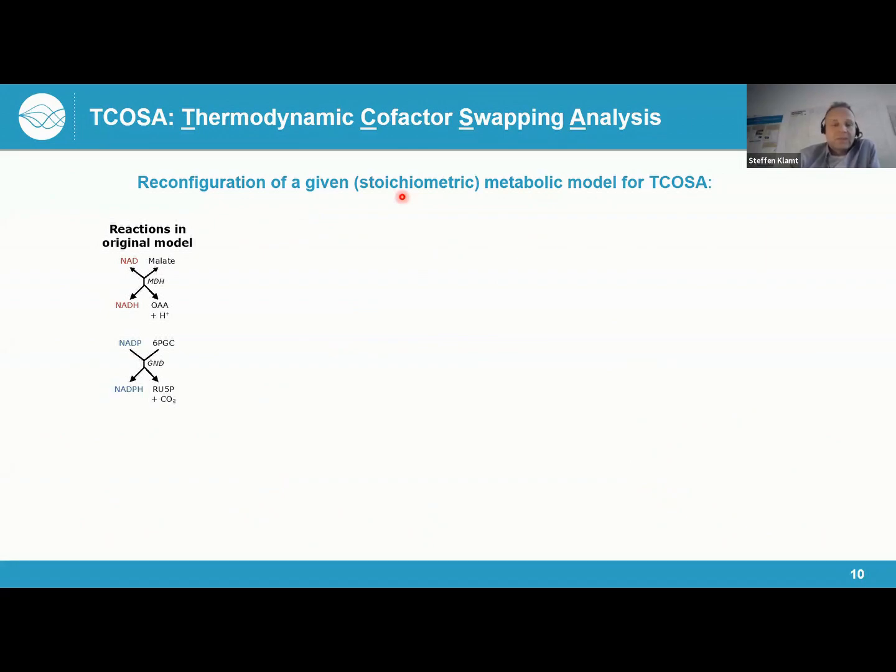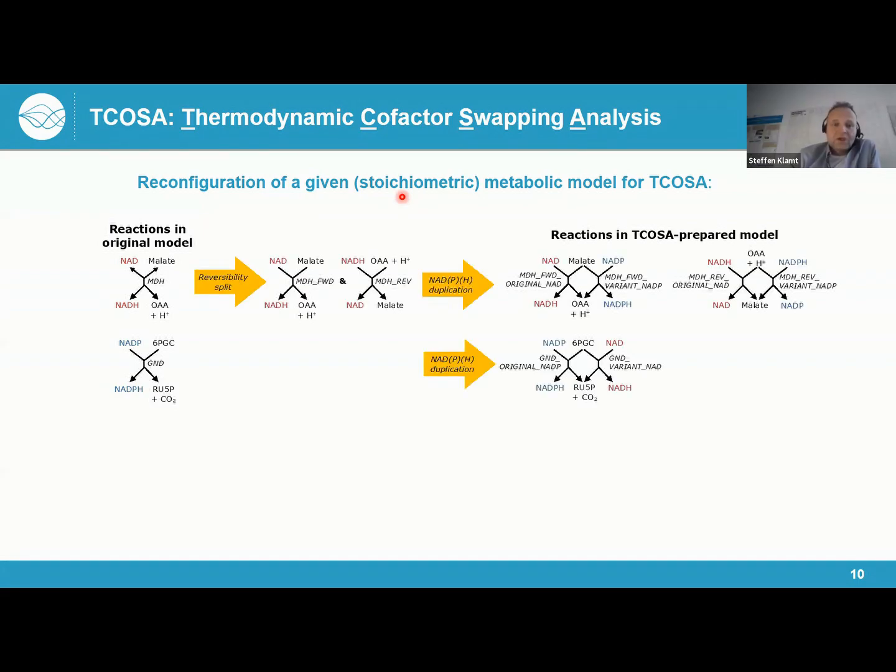So for every reaction that involves a redox cofactor, we first split the reaction, if it is reversible, into two irreversible reactions. So this simplifies some computations. And then we introduce, for every reaction that involves the redox cofactor, a duplicate reaction where we swap the cofactor. So that means for every redox cofactor dependent reaction, we now have both variants in the